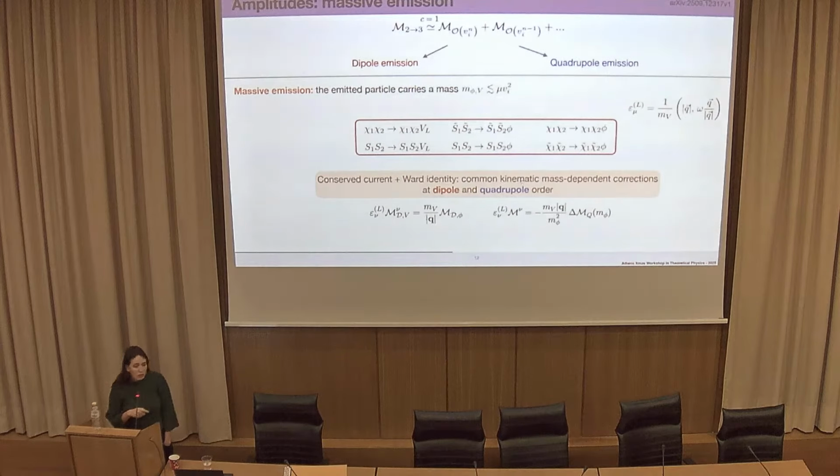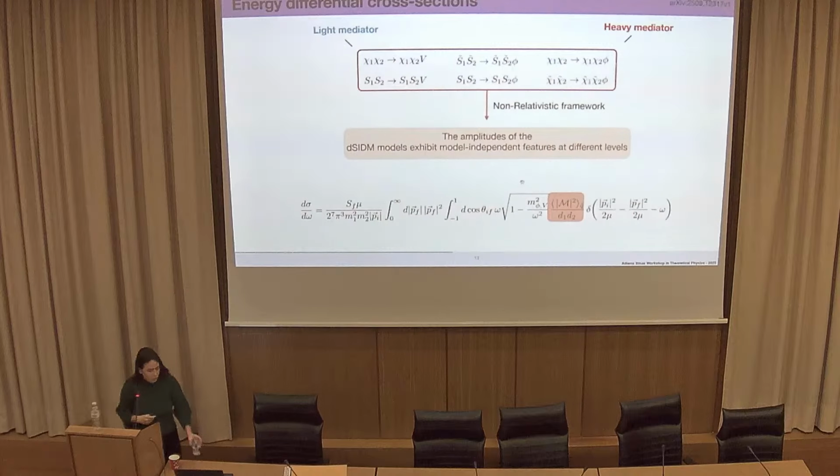Without entering too much into the detail of the calculation, we can trace back these equalities to the fact that we use a conserved current, and by applying the Ward identity to our longitudinal component, this nice identity does not hold for the case of the transverse mode in vector emission.